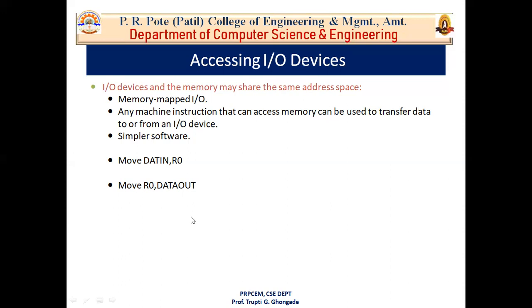Okay, which may be the output data buffer for a display unit, or a printer. For example, you want to display something on your monitor. So first of all, it was stored in the data in input buffer register. From the input buffer register, it will transfer to the processor register, and then the processor transfers that to the output unit or display unit, by using the data out buffer register.